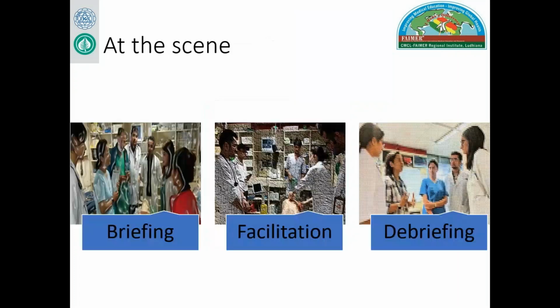When all the planning was done, at the scene, first is briefing, because briefing is very, very important. Some of them had never participated in a simulation, so we should brief them on what they're supposed to do, and also brief them that whatever mistake they make will remain there. We have a saying, whatever happens in Vegas stays in Vegas. It's the same thing. Whatever mistake they make remains in the simulation place and will not go anywhere, so they should not be very anxious. And also take consent if you're taking photographs. Everything is done during briefing.